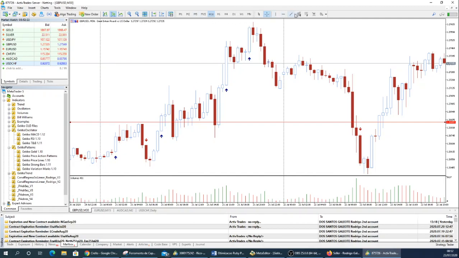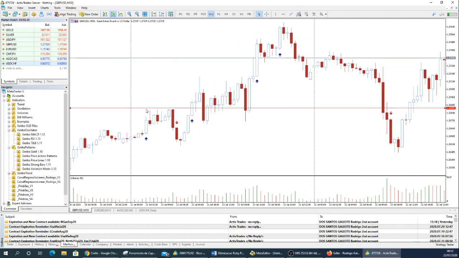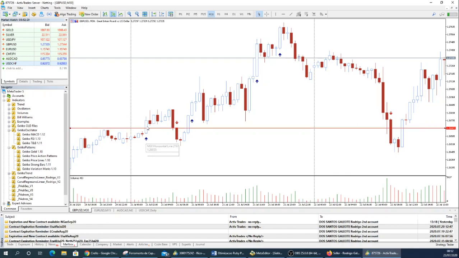So what I have here, it's showing me a strong bar. It captures a strong bar, and it is right. This is a strong bar. I can easily enter the market here long, and I could try to get out of the market at some point here